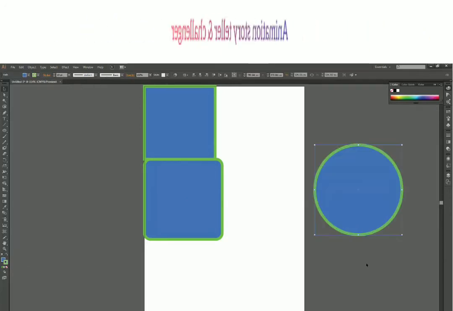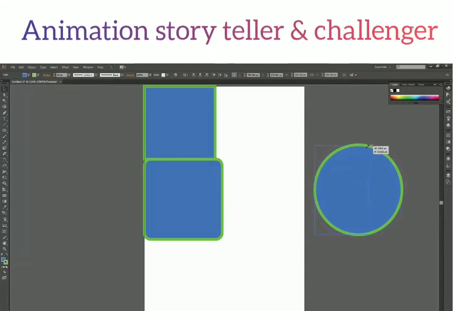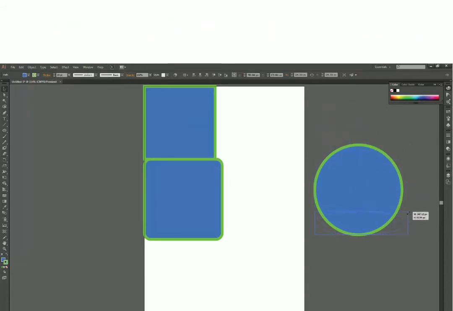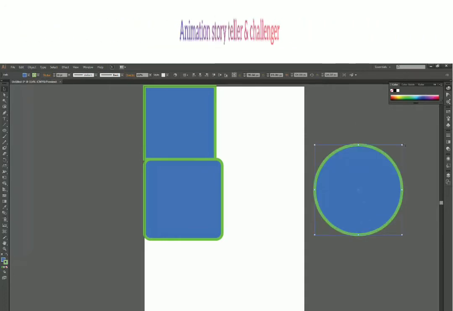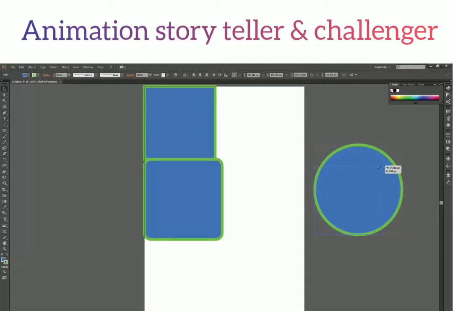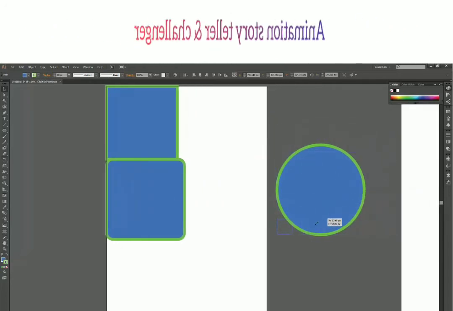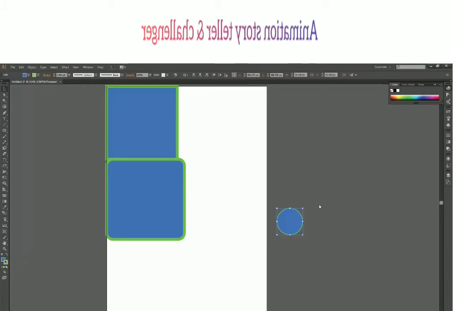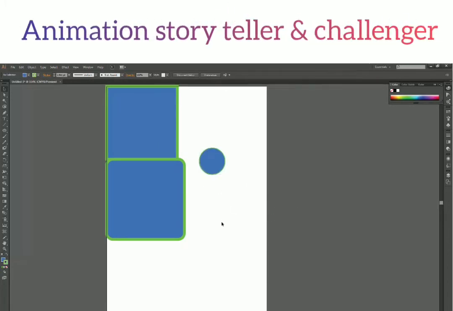So this is scaling. Now you can click and drag to scale it in any direction, and if you want to scale it in proportion, then you have to press the shift key and it will scale in proportion. And again you can release your mouse click and then release the shift key to have these values reflected.